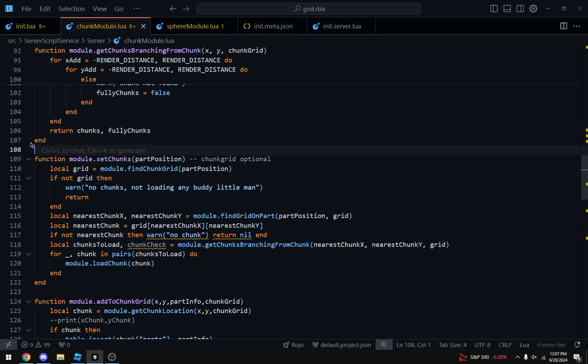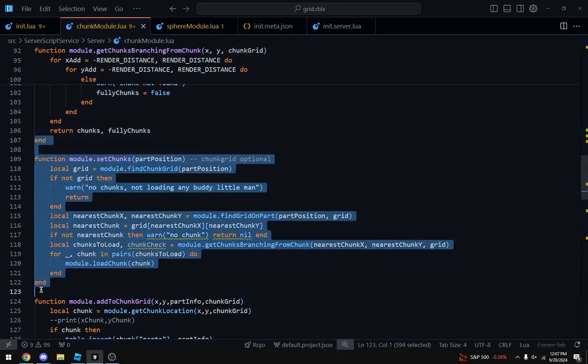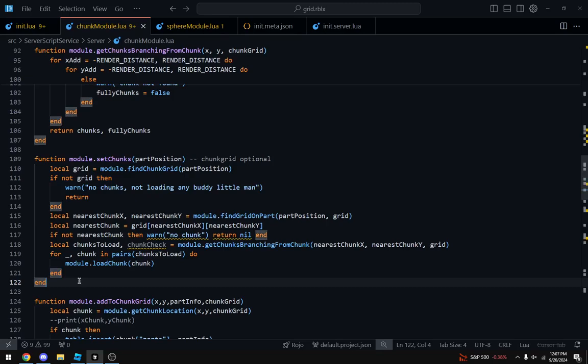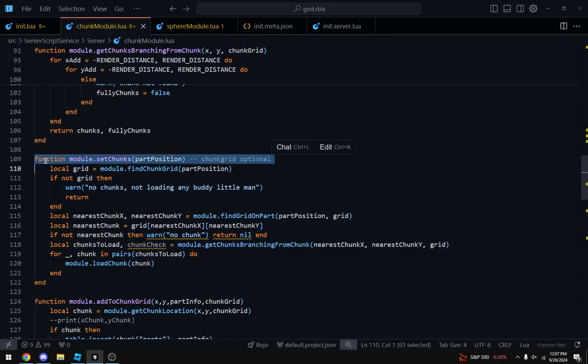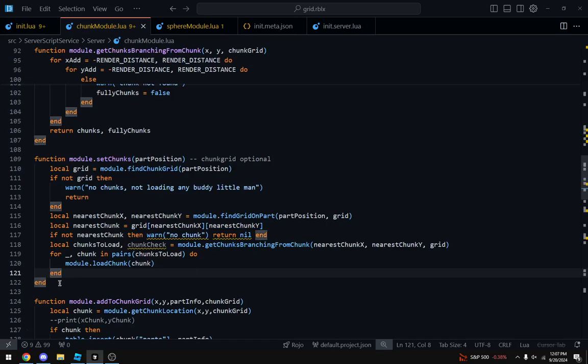So yeah, the next video we need to check when a chunk is unloaded and nobody is near the chunk. So when someone moves and a chunk deloads, we go there and we check.